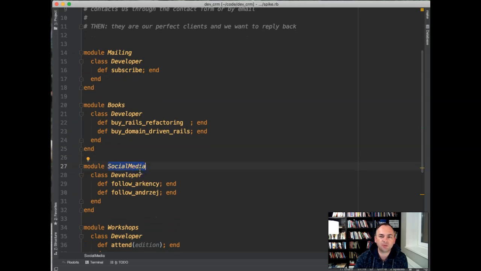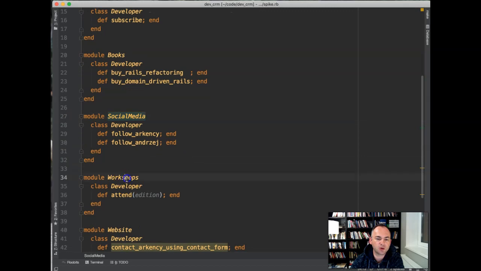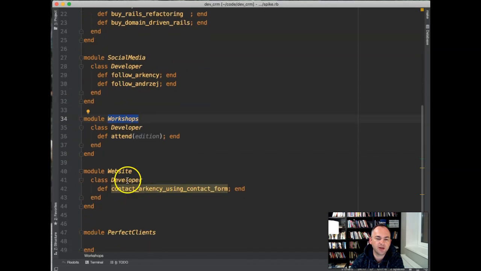So we have the social media bounded context, where look at everywhere is a developer class, a developer object. It doesn't have to be this way, but this is part of our philosophy. People who are contacting us are mostly developers. Social media, developer. Workshops, another bounded context. Website, another bounded context.